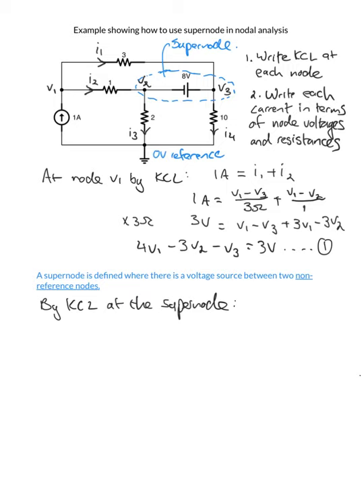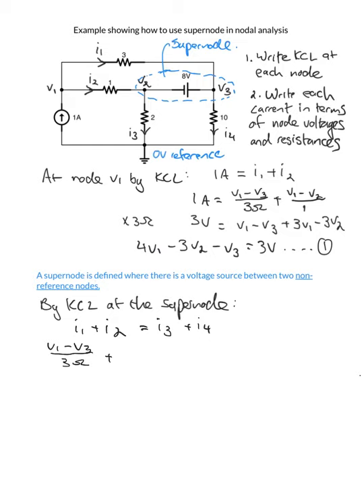So we can write I1 plus I2 flowing into the supernode is equal to I3 plus I4 flowing out of the supernode. Now we follow the same process, so we can write I1 as (V1 minus V3) divided by 3